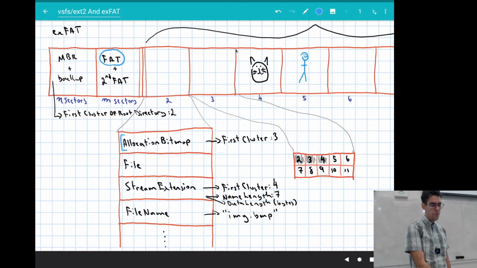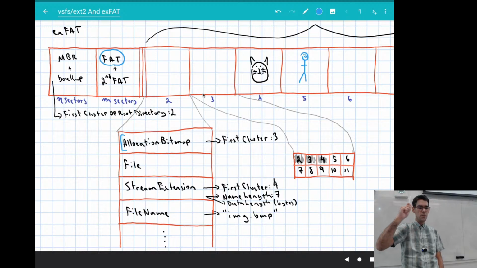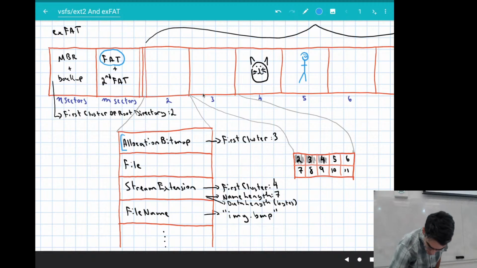So cluster 3 in my file system here is going to actually be the allocation structure. The allocation structure is in the cluster heap for this file system. And right now it says clusters 2, 3, and 4 are used. They are set to 1. These are currently occupied by other things, the root directory and the allocation structure itself, so they cannot be used. And then cluster 4 is used for the first part of this image that I've got. So we're going to need to make changes to this to say that we are going to use cluster 5.